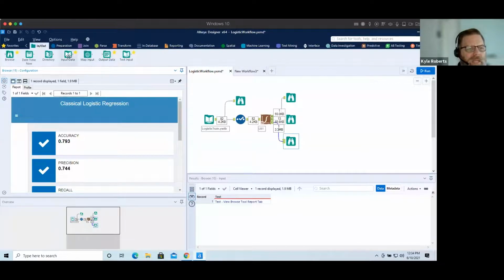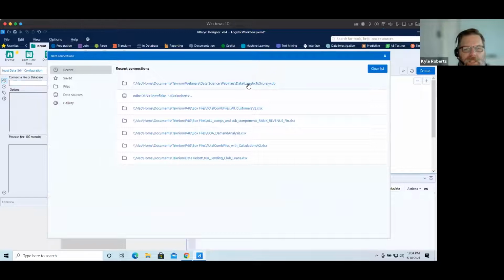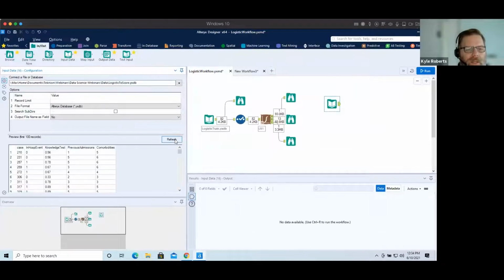So what I'm going to do is pull that data in, with another input data tool, and I'm going to grab this time the logistic 2 score. When we look at this, we'll see these people are still in our hospital. We haven't actually readmitted them because they're there right now. Here's their case number, whether or not they had an in-hospital event, knowledge test, previous admission, comorbidities. But notice the variable that's missing is whether they were readmitted. The reason it's missing is because they're still in our hospital. So we want to score these people and find out who is most probable